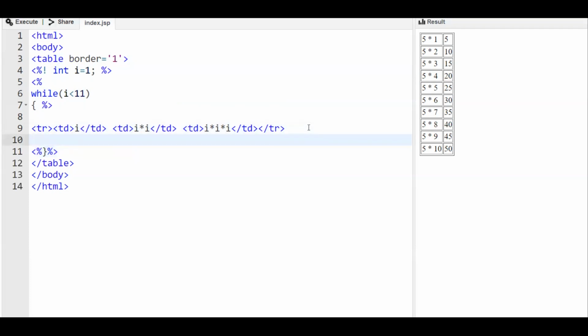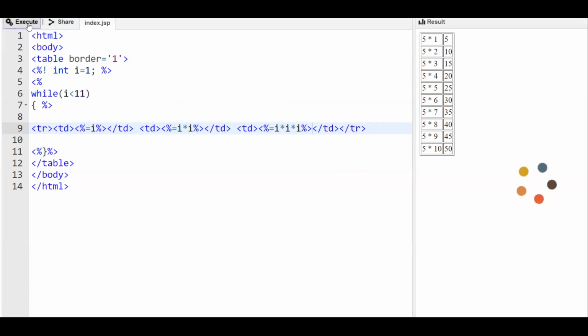Then the I value, I square and I cube must be inside an expression tag. So we will encapsulate it in the expression tag: I, then I square and I cube. Close the scriptlet tag on both of them.